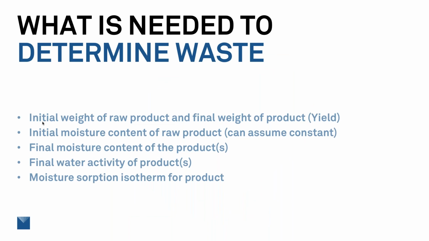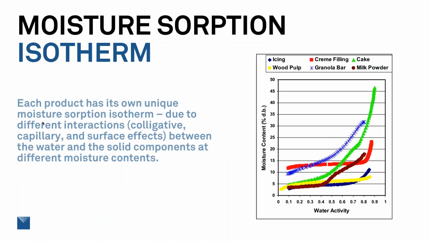So the key thing here is to track carefully the measurements and the values that are associated with each step of the production process. It may mean that you have to start weighing a bucket or a barrel of scrap that's been put off from a batch and then linking it in the system to that batch so that you know when those values are changing and when you're having an effect through any changes you've made. And of course, capturing the water activity and the isotherms is very important.